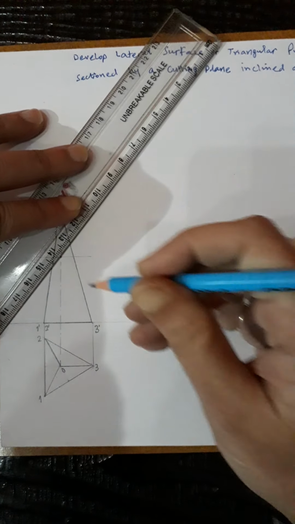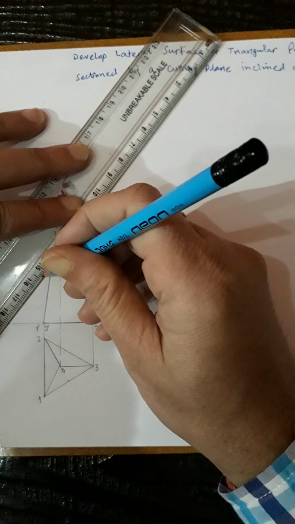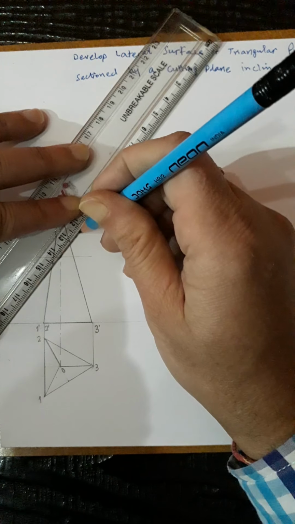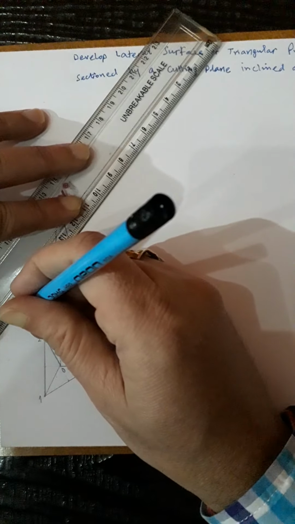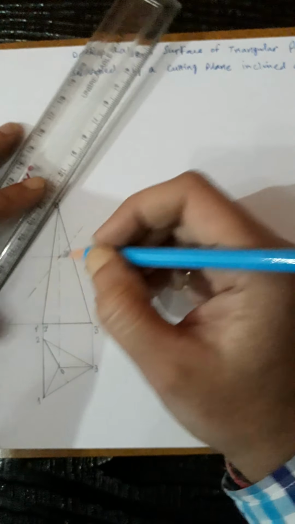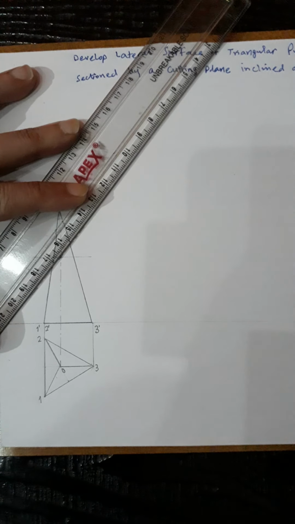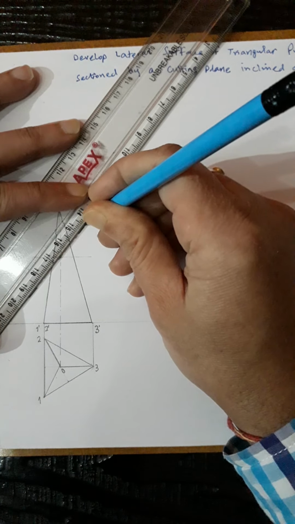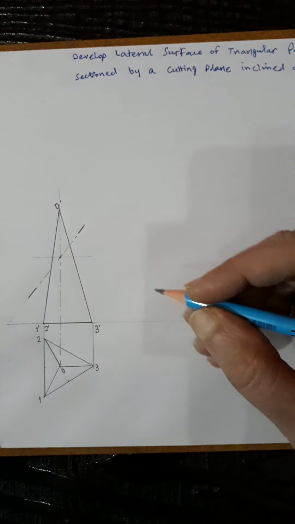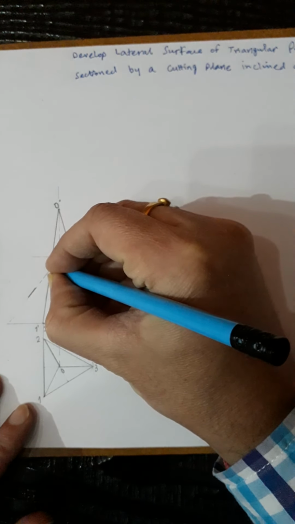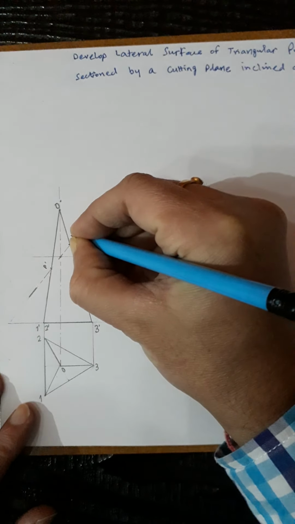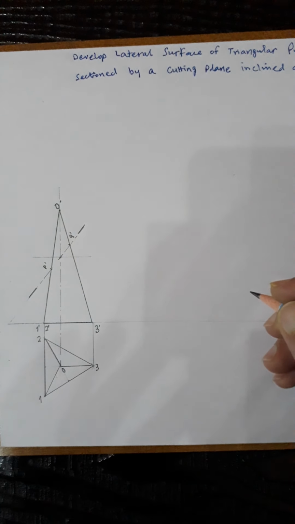And the cutting plane angle is 45 degrees. I have measured this 45, so you can draw a chain line passing through this point to show the cutting plane line, and then make it thick at the edges. Now you can see it meets the edges at one point here and another point here, so they are p dash and q dash. Always use lowercase letters here in the projections.